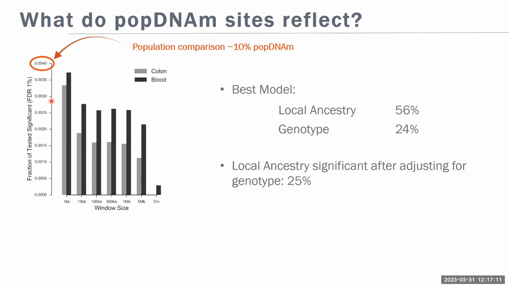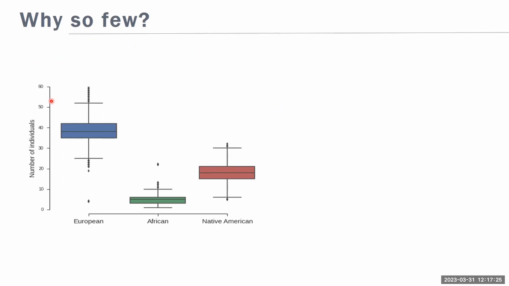Once you start looking at local ancestry, you are breaking down your 130 individuals into smaller subgroups that you're comparing. So if we look across the different methylation sites that we test at the effective number of individuals of pure ancestry that we have in our comparisons, we see that for the Europeans, we've usually got most around 30 to 40 individuals, but for the others, we are down to below 20 individuals in each individual comparison.